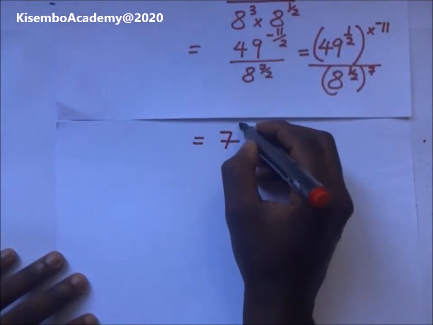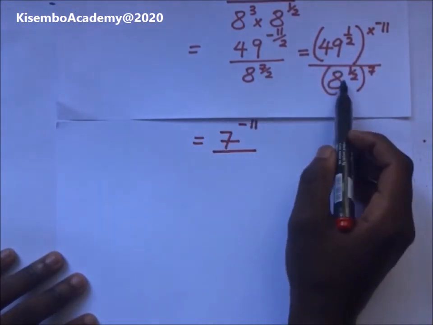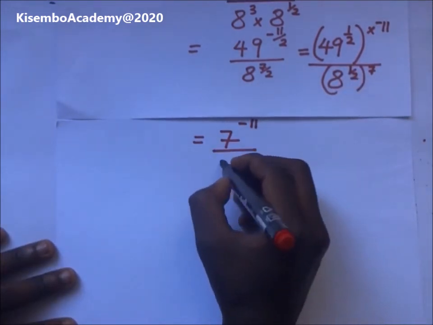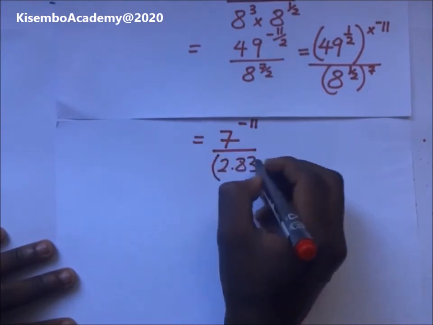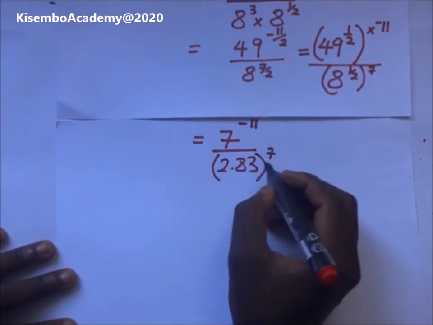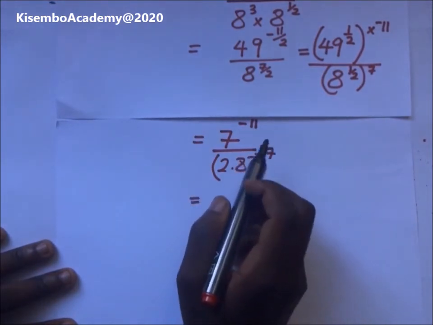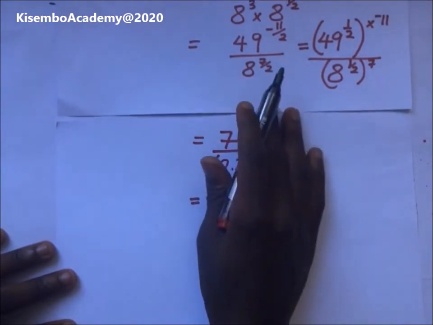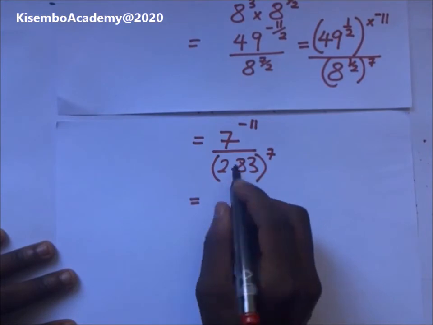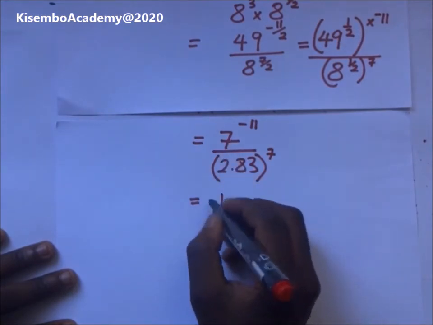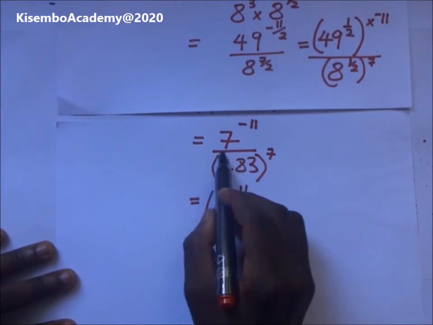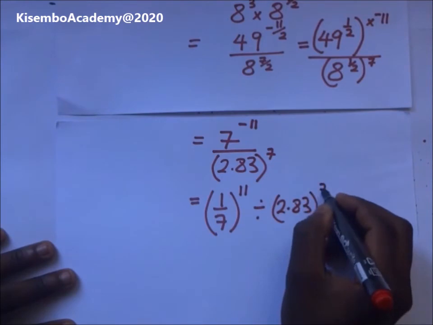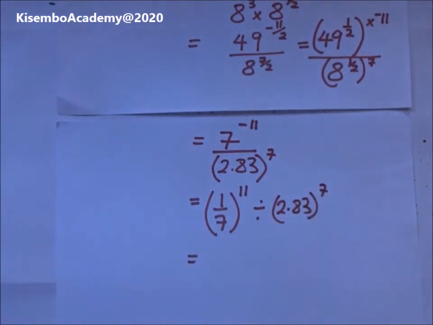So it's going to be 7 to the power negative 11. Divide all that by the square root of 8, which is approximately 2.83. And all this is to the power 7. This is going to become 7 to the power negative 11, which is the same as, to remove the negative, you find the reciprocal of 7, which is 1 over 7 to the power 11. Divide that by 2.83, and all this is to the power 7. And the answer you will get there will be